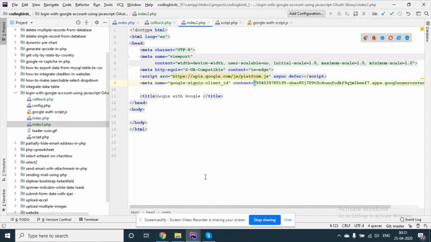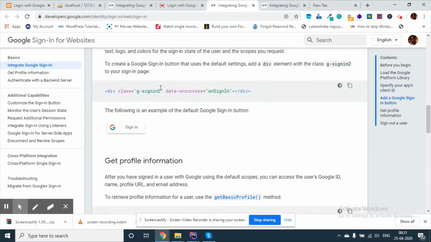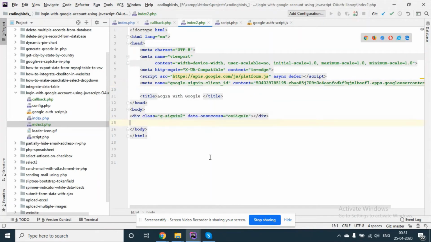Now this is the button. Place this code where you want to show your login button. That's it. Let's refresh our page. See, we got the button.